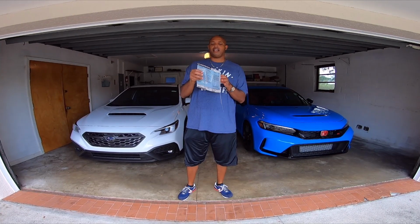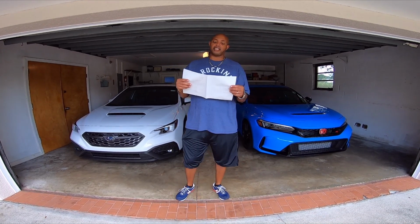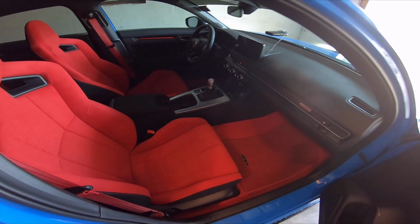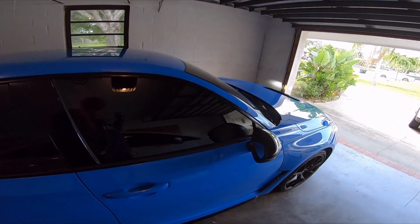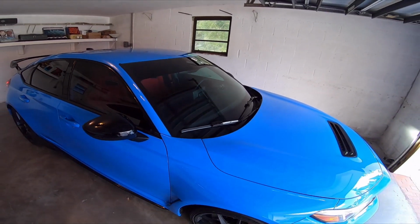All right. And on the window sticker, it says manufacturer suggested retail price $43,295. You can see that it's a beautiful car. It has a lot of great things, but it's not without flaw. And one of the first things that I really feel Honda should update or change or upgrade, it's